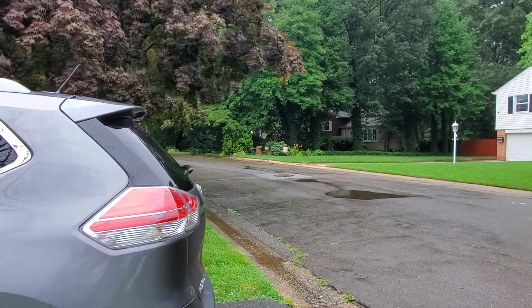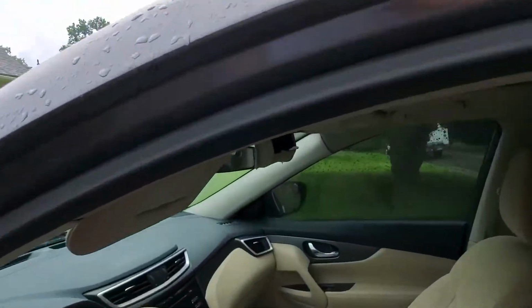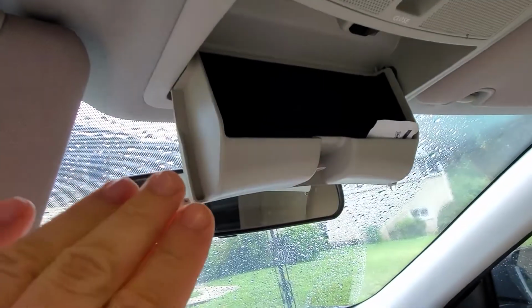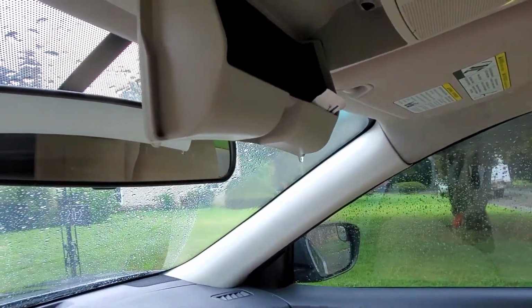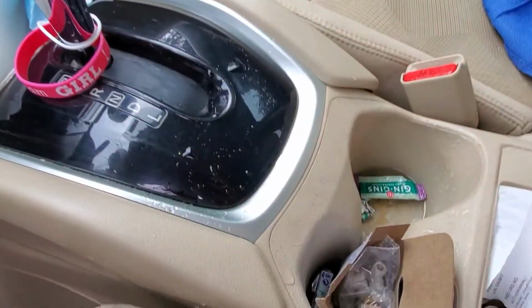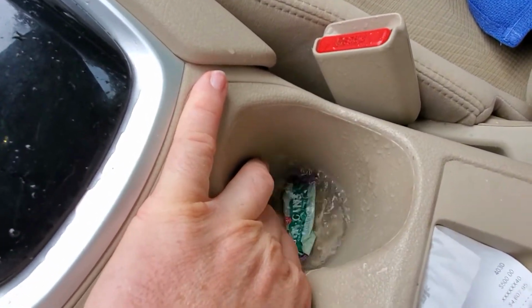It's a rainy day and my 2014 Nissan Rogue has a leaky sunroof. Look at the headliner, it's all wet. The compartment for glasses has water drips collected on them. And look at the cup holders. They're full of water. Oh, and the floor area